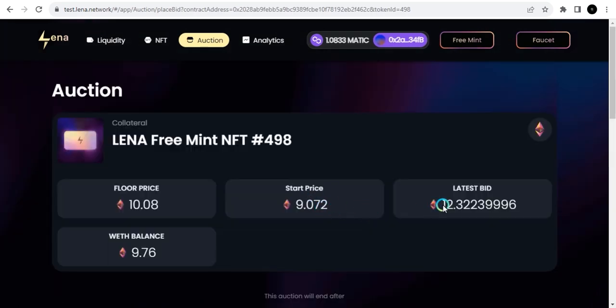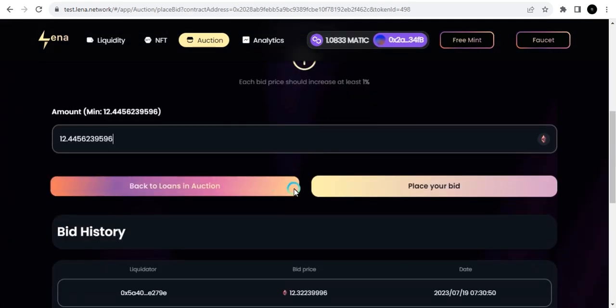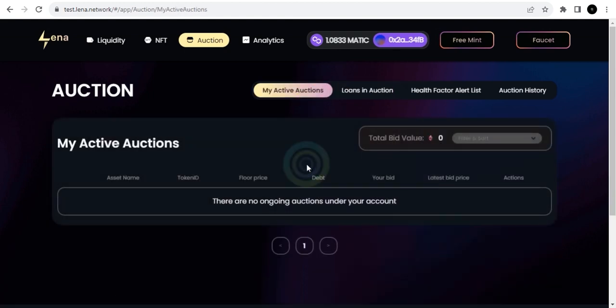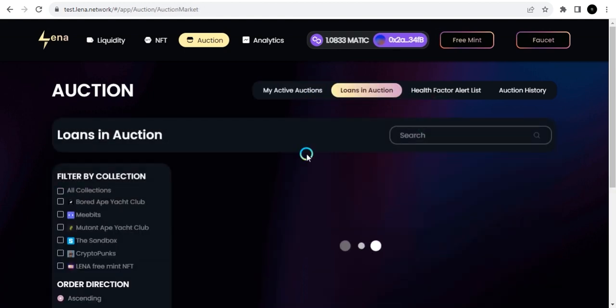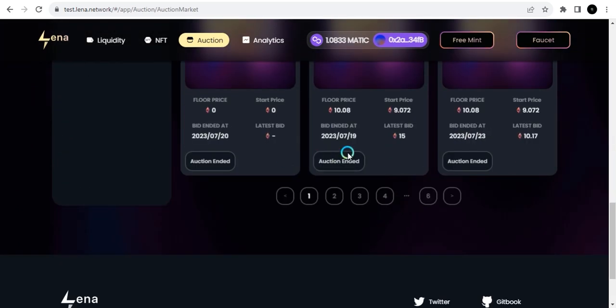So this is the start price, 9. The latest bid is 12. What I have in my available balance is 9, so I won't be able to bid for this. So let me go back. And you can test my active bids. There's none of those that are available now. So I can't really participate in any of this